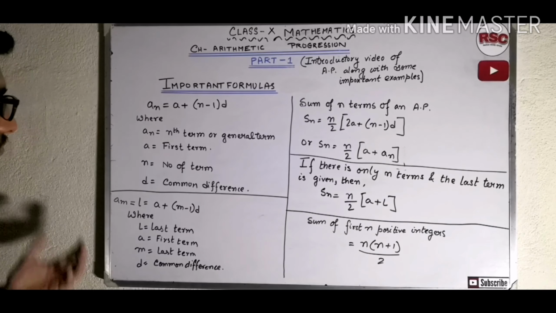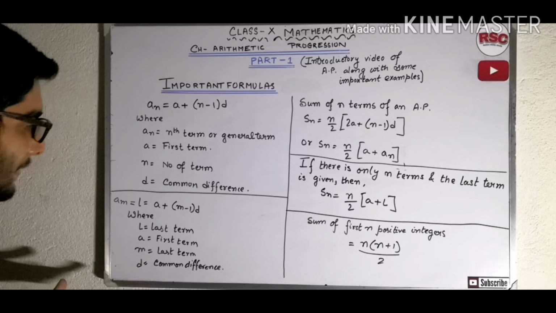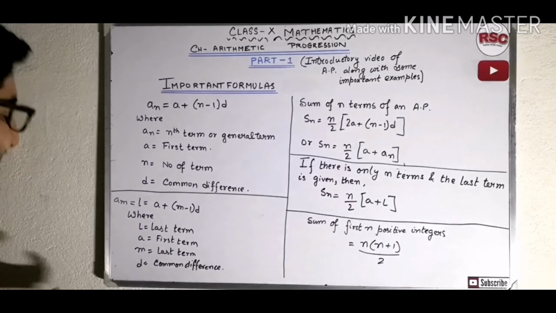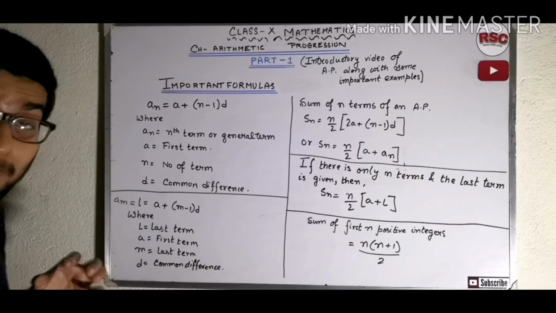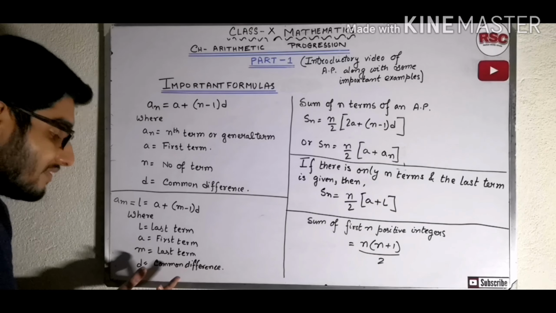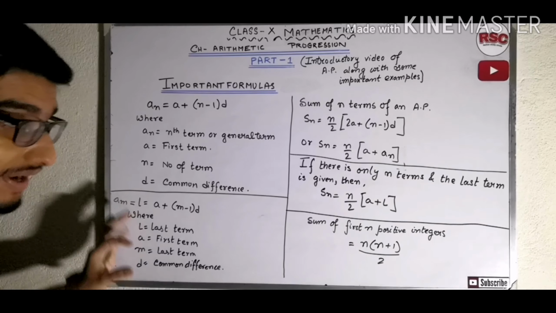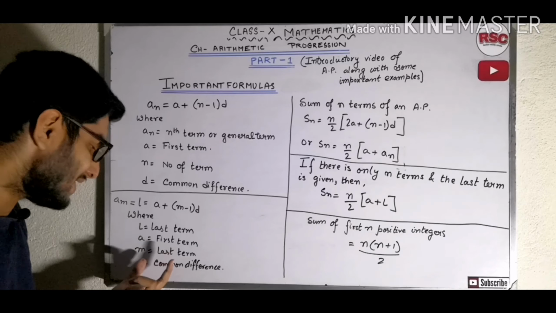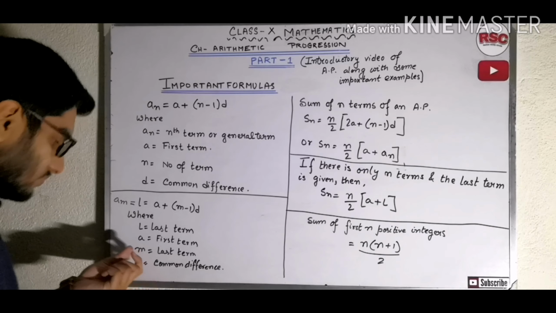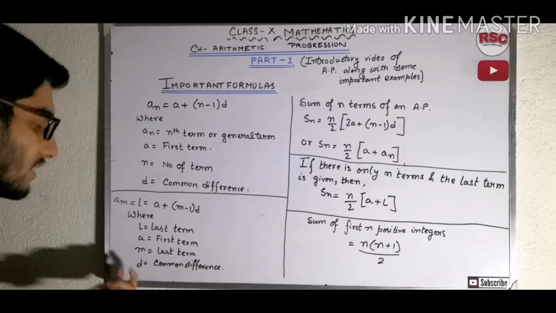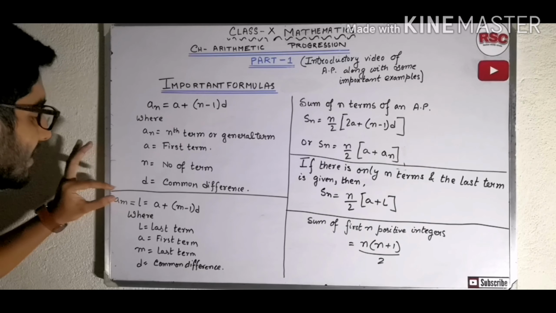Now when you have to find the last term, that is L, in a sequence, you just have to put it into this formula, a plus (m minus 1) d, where m is the position of the last term, which will be given. Now a of m, or the L, you have to find. So m is the position of the last term, and d is the common difference. Now why have I written L over here? L is a of m.